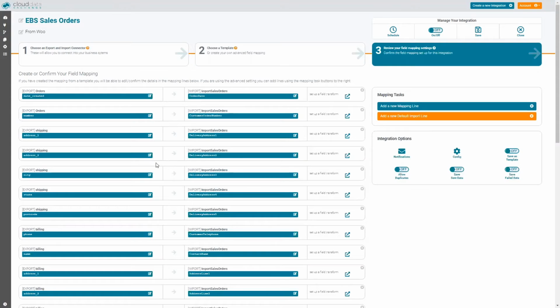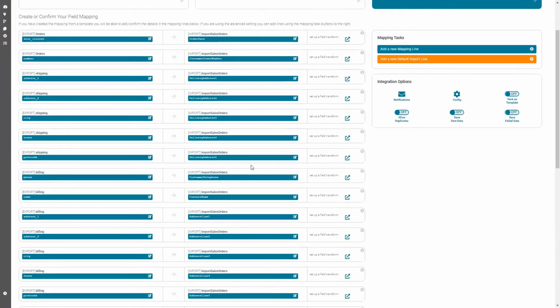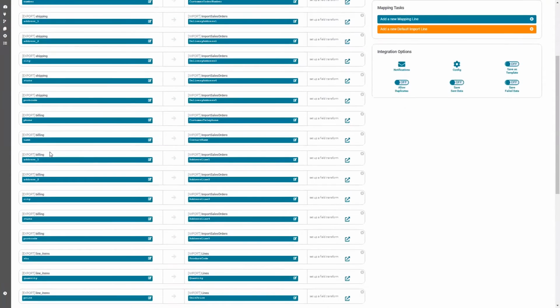So what we're doing here is mapping fields from Woo to fields in Sage. This is a template that I created before just to make it slicker and quicker. So we're mapping the date created in Woo to the order date in Sage, the order number coming from Woo going to the customer order number field in Sage, addresses, postcodes, phone numbers,